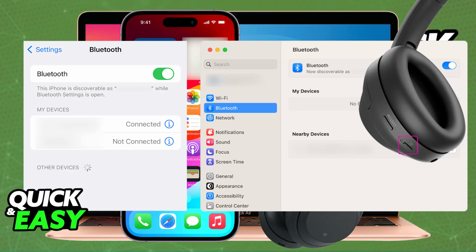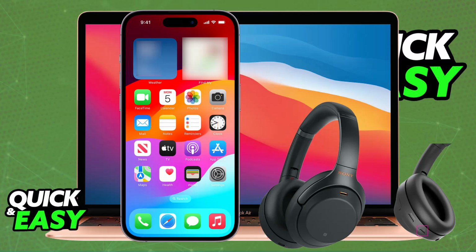So make sure that Bluetooth is enabled on your phone, PC, or laptop. Put the headphones into pairing mode by pressing and holding the power button for 7 seconds and choose them from under the list. With this done, you should be able to use the headphones on those devices individually. See if it stays on for both devices simultaneously, and if it doesn't, then you will have to use the